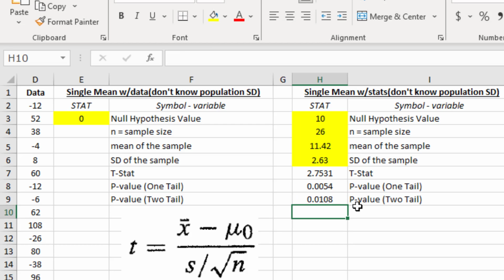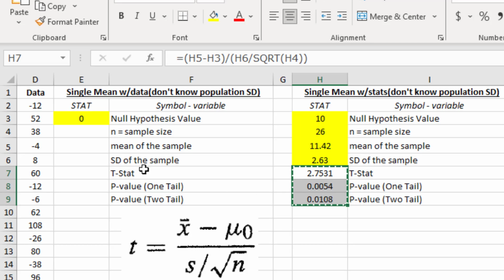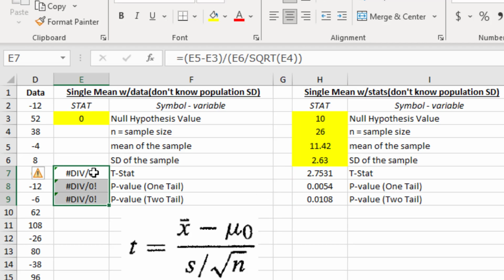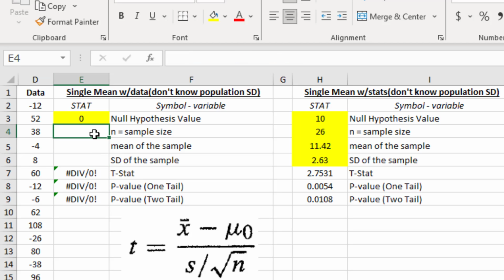And now that we've done that, we can copy this and paste it over here, and it's now trying to run these same calculations on these 3 cells above it. So like if we just copied these numbers and put them over here, and of course change that to 10, we would get the same answers. But we want this to be set up so it'll work when we're given data, so we just need this